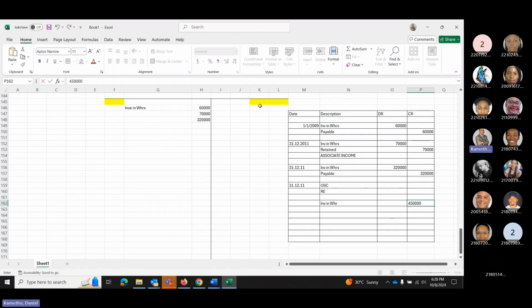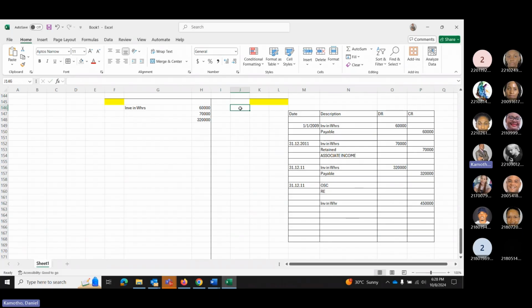So if we credit 450 here, this account closes and doesn't appear anywhere in the consolidated financial statement. So we will eliminate this 450 by eliminating the equity, which is represented by the ordinary share,